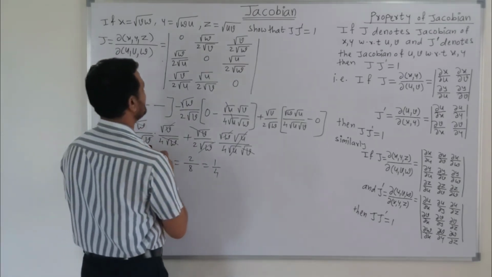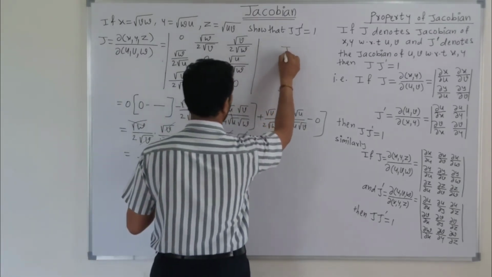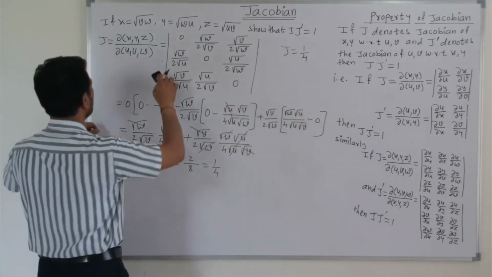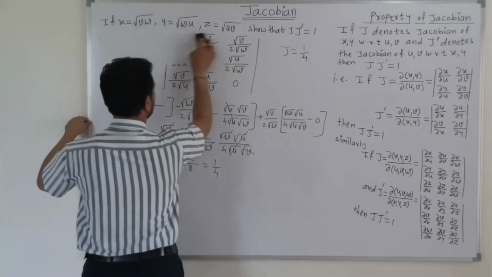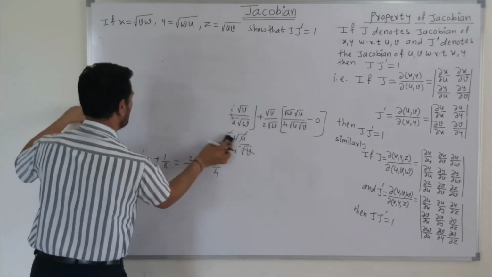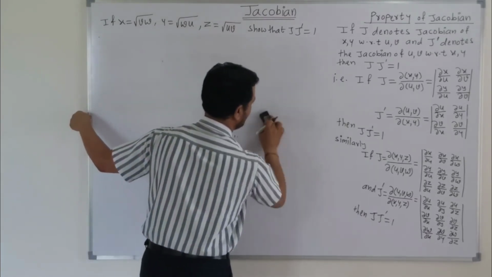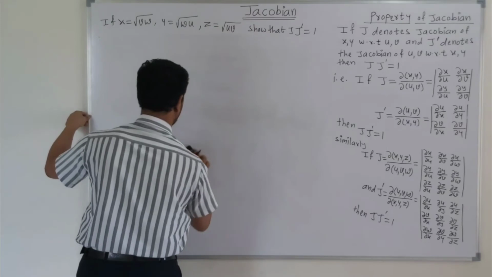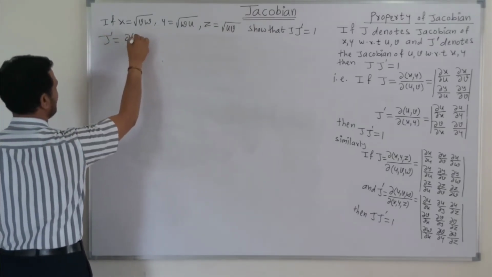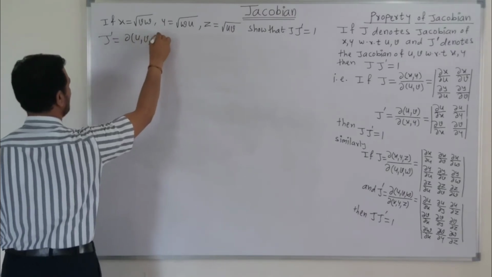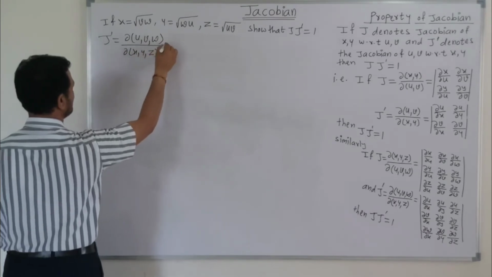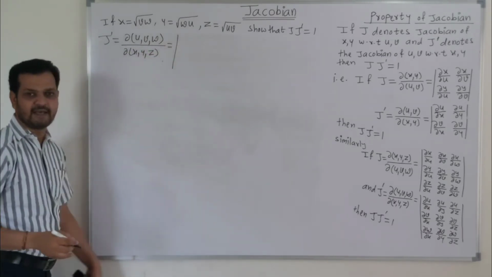So for our simplicity, we will write here that the value of J is 1 by 4. Now friends, let's find out the value of z dash. So this z dash stands for the Jacobian of u, v, w with respect to x, y and z. So friends, let's define z dash. Z dash stands for the Jacobian of u, v, w with respect to x, y, z, and it is defined as,